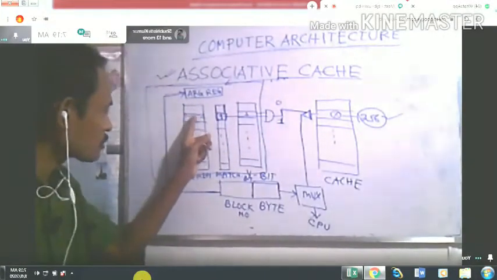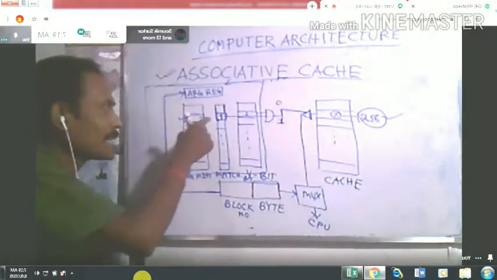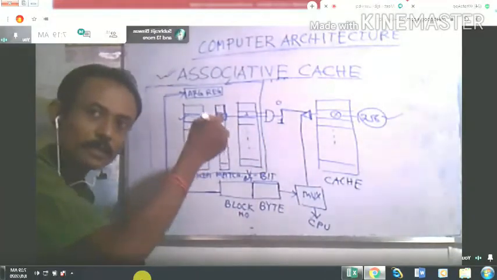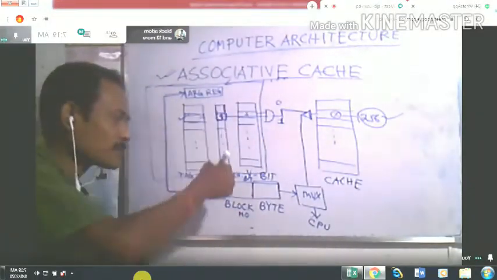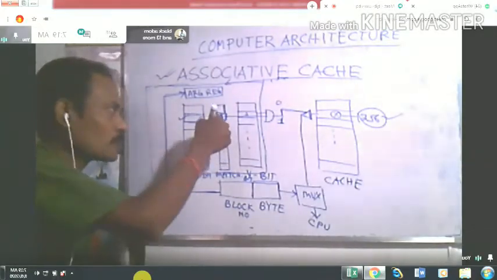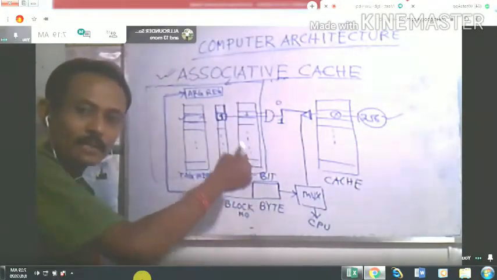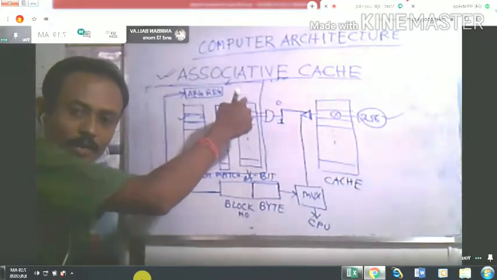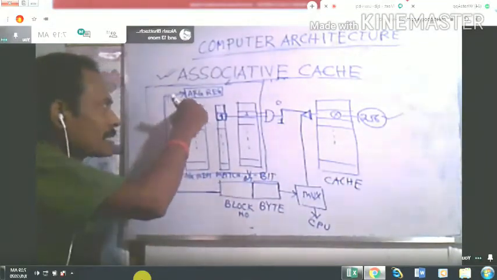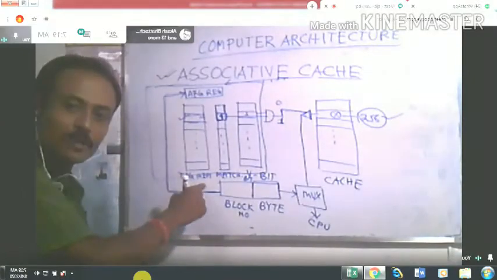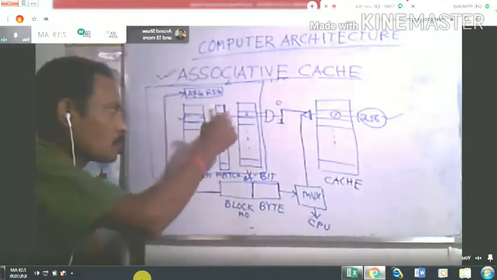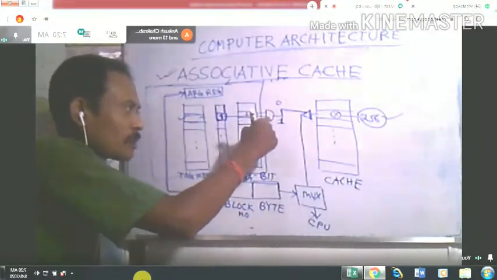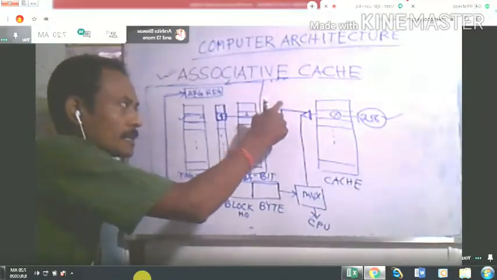Suppose you get the match in this particular tag address, then this match bit will be set as 1. Otherwise by default it is 0. Initially all the match bits were 0. When we find a match, it will be 1. As well as there is a valid bit, which also will be set as true or 1. Initially it was 0. Now if we use these two bits in an AND operation, then its output also will be true.